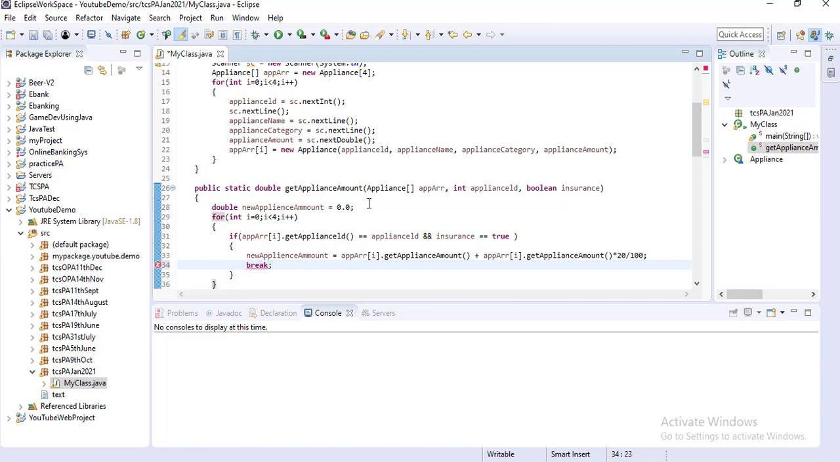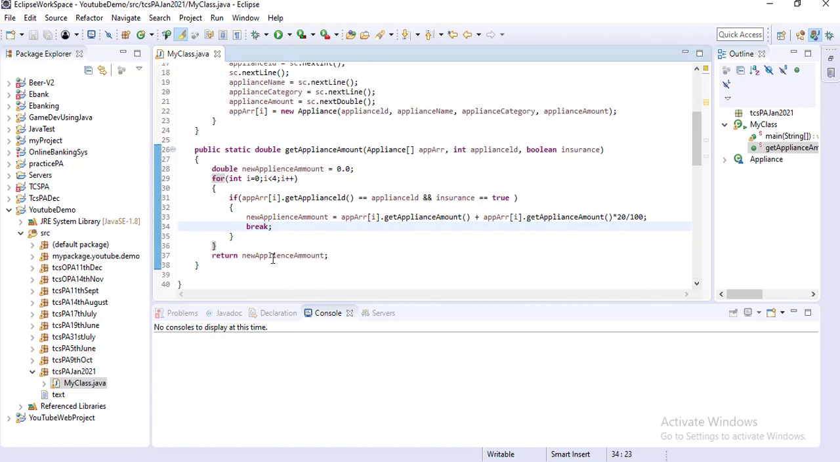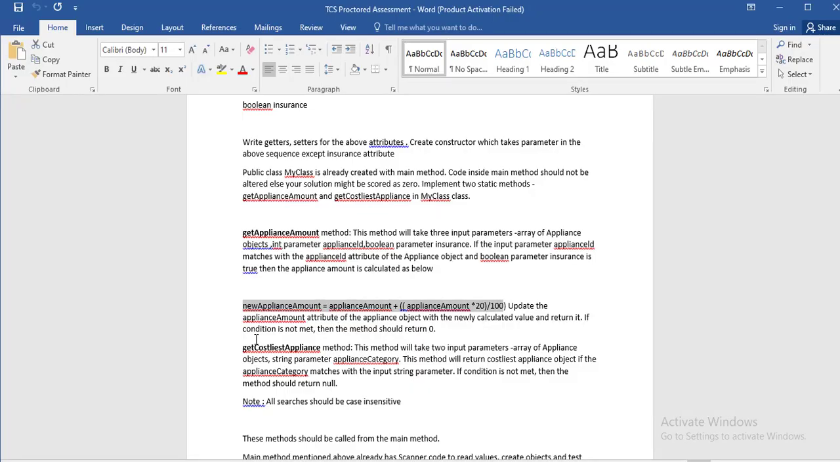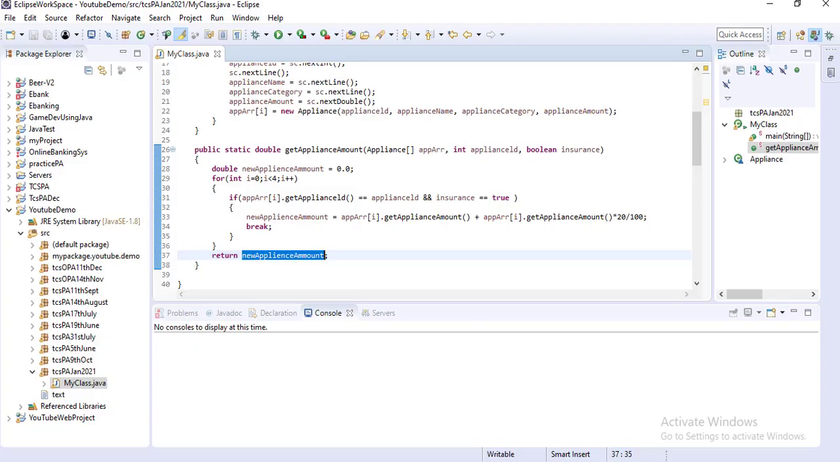Okay, so if this condition is not met, suppose your for loop iterates 4 times and does not find any matched value, then it will return the new appliance amount, and initially I have set the new appliance amount as 0. Okay, so this will be sent basically. So this method implementation is done. Then the second one. Same thing, public static void,